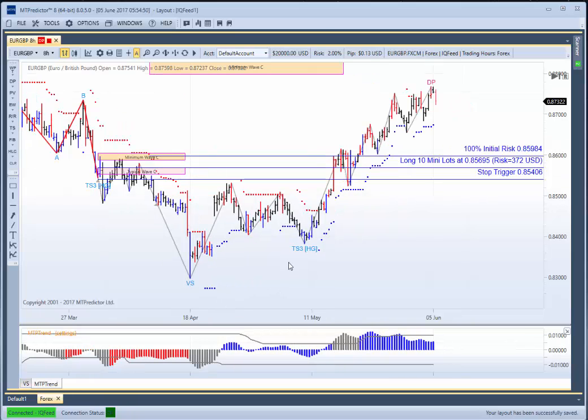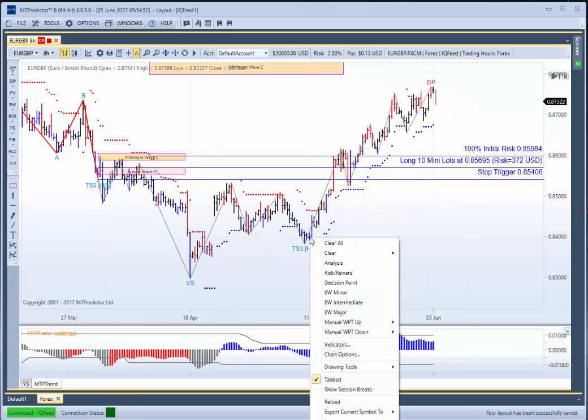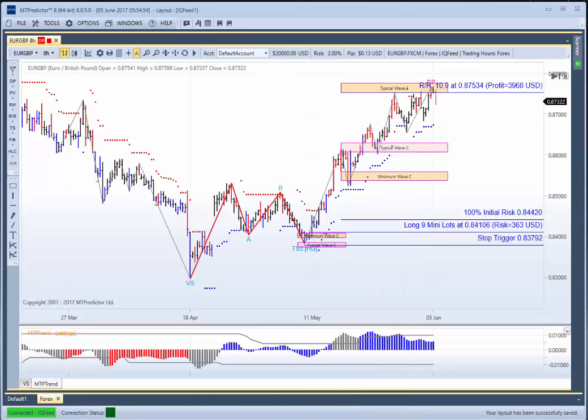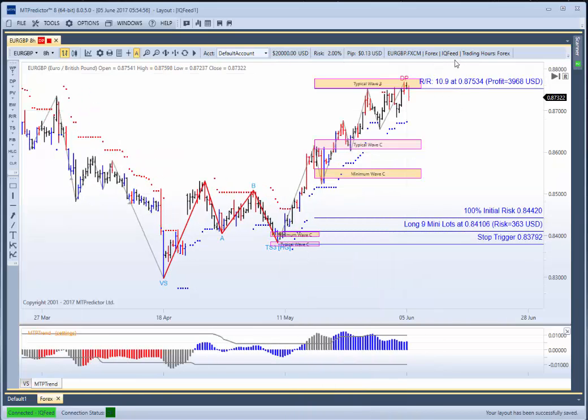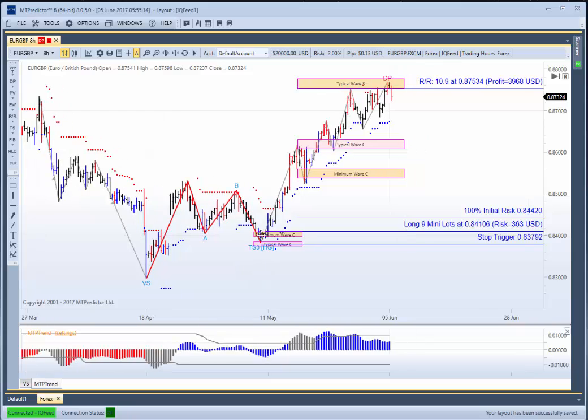A bit later on, here we have another Holy Grail trade setup. And in this particular case, it would have been a winning trade setup, but can you see how the profit would have been much, much larger? In this case, almost 11 times greater than the loss we had earlier. This is why I've nicknamed it Holy Grail, and it's why MTPredictor was actually first designed, basically way back in 2001 now, so what's 15 years ago, in that we're able to catch the bottom of a wave 2 to then catch a strong wave 3 swing.